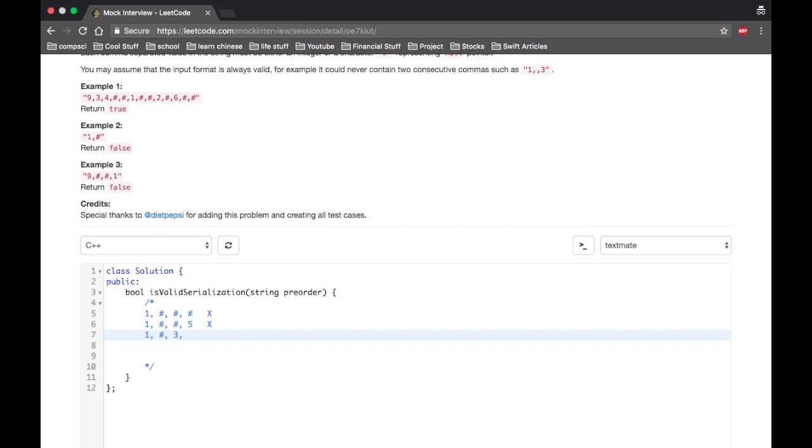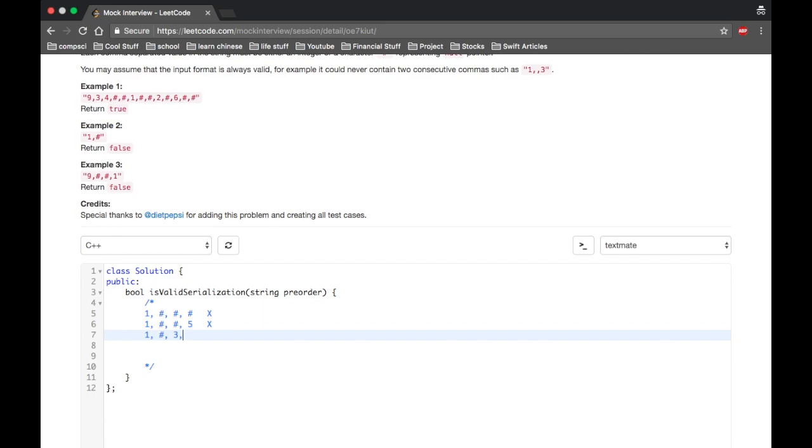So after a number, it can be 2 hashes and 2 hashes and stop. Oh shoot, but then the thing is, okay, there's actually,